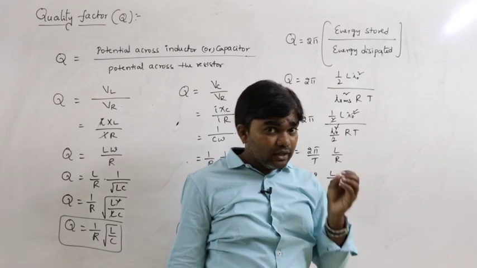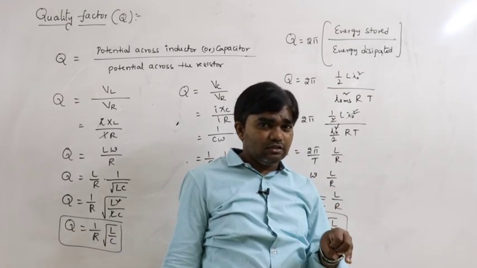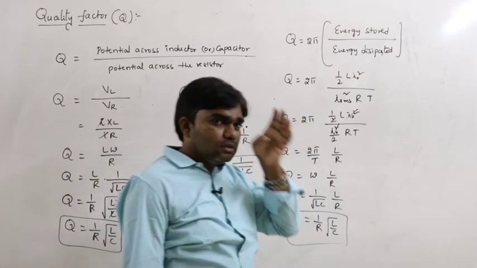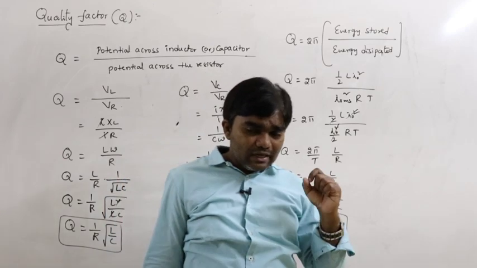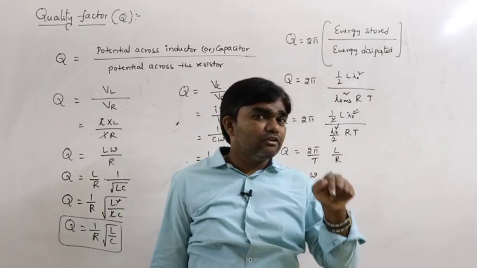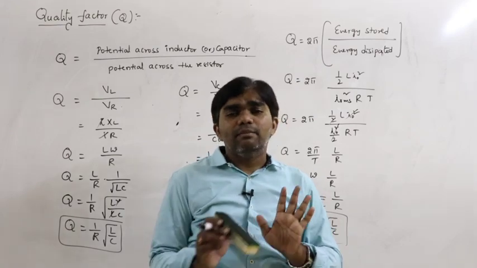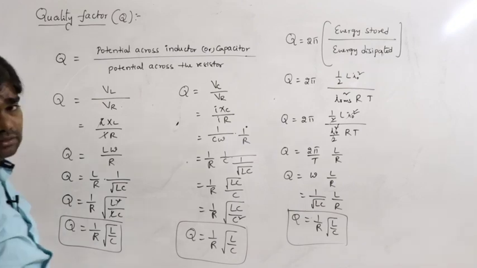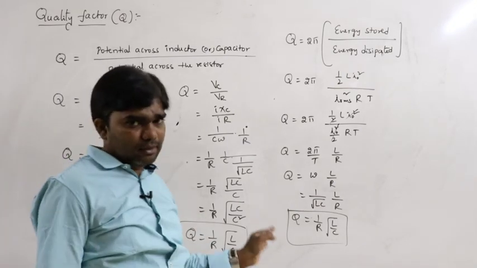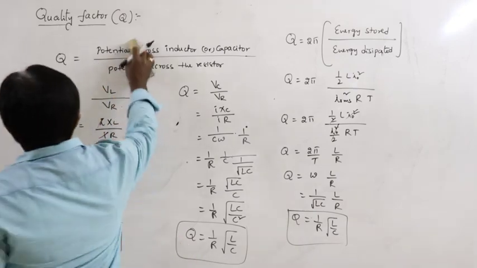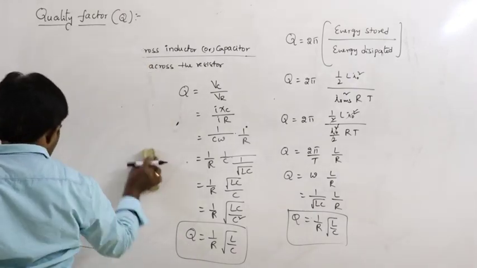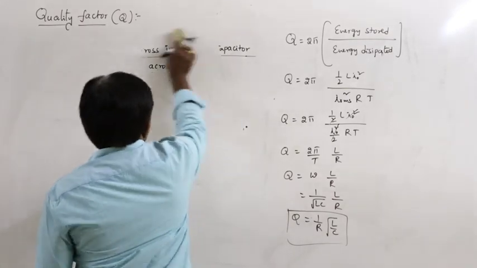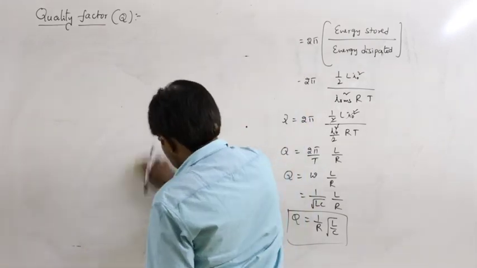In an LCR circuit, energy is stored in the inductor or capacitor, but energy is dissipated in the resistor, that means in the form of heat energy. In the case of a resistor, power consumed is more, but in the case of an inductor and a capacitor, power consumed is 0. That is why it is called the quality factor. It is only a number, and the quality factor indicates the sharpness of the curve. If the quality factor is more, the sharpness is also more.